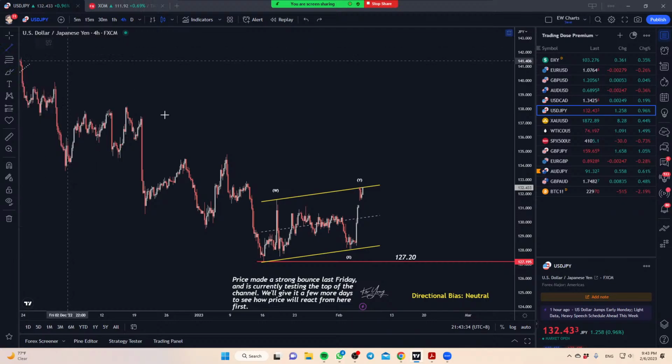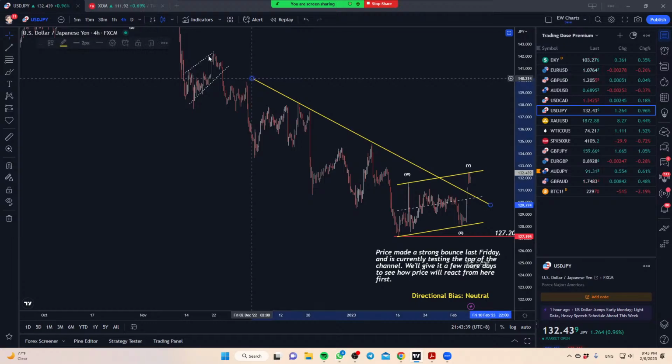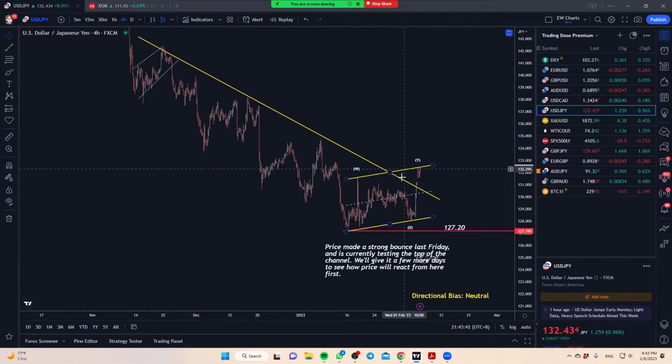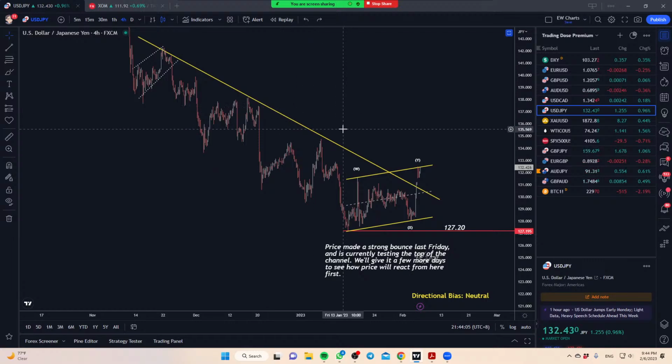If you take another view here, we did have a break out of this entire structure. If you put that trend line in, we have a break last Friday. Okay, so there are two points of view. One is, as I mentioned, the flag, so this can come back down. Alternatively, you view this as a breakout of this channel, and then you can expect more upside. Of course, there are certain signs we can look out for to give us an increased probability of whether it is going to go higher or come back down.